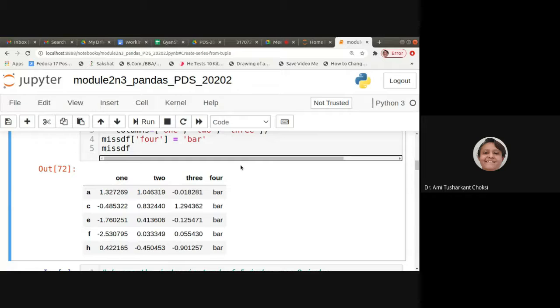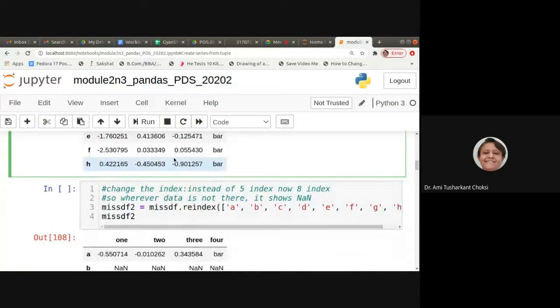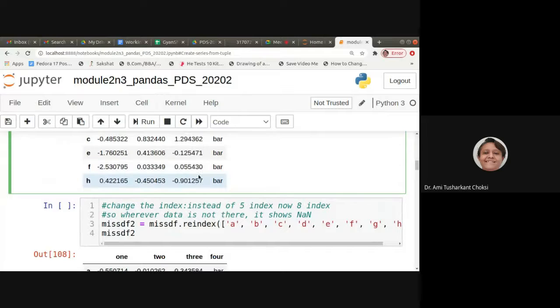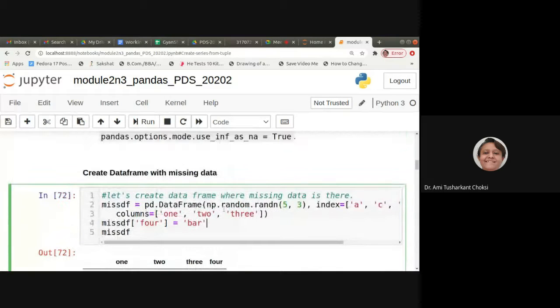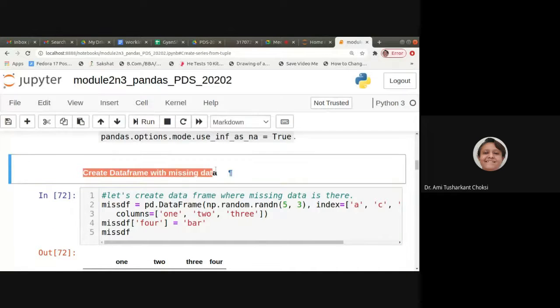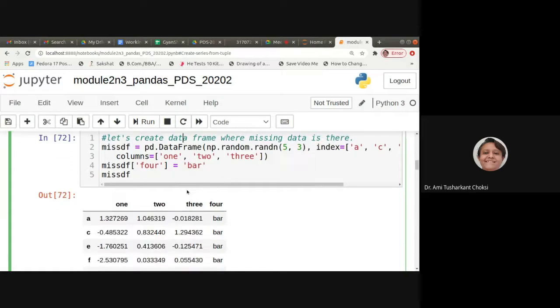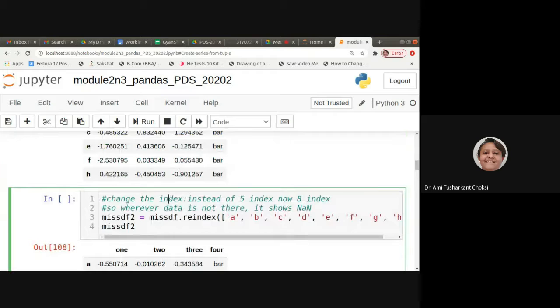Then after creating this data frame, we are adding the number 4 column, okay? And its value we are giving as bar, right? Now, if I want to change the index, this is not going to create the missing data, but the steps are there, isn't it? So first of all, we have created the data, right? Okay. Now, what do I want to have?